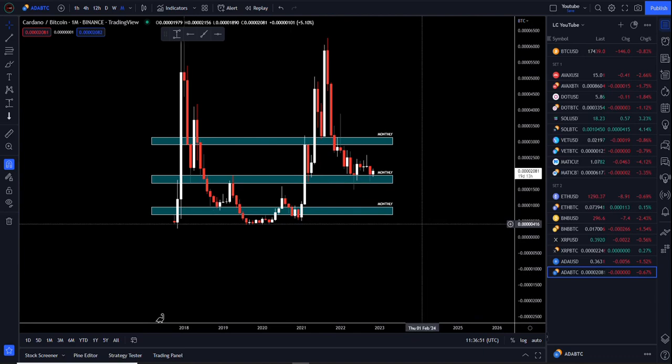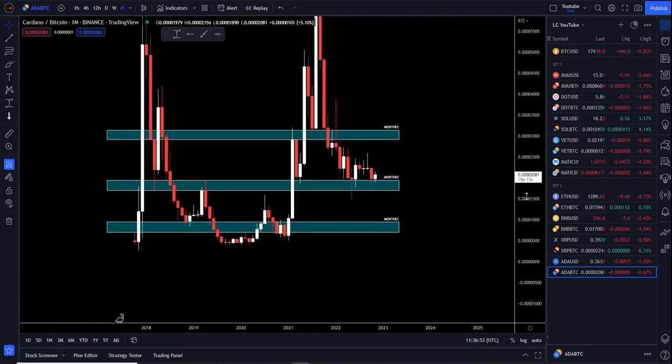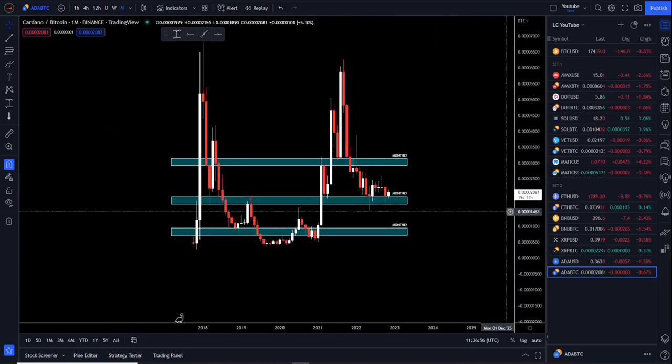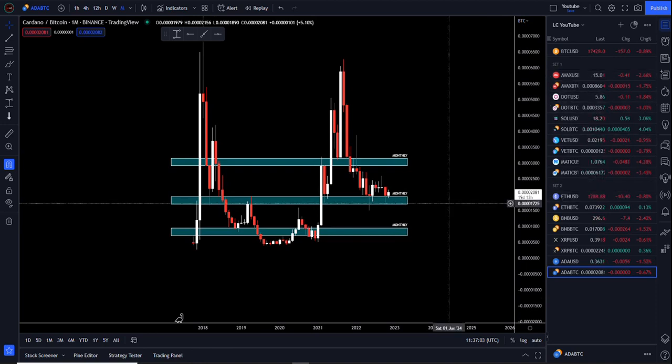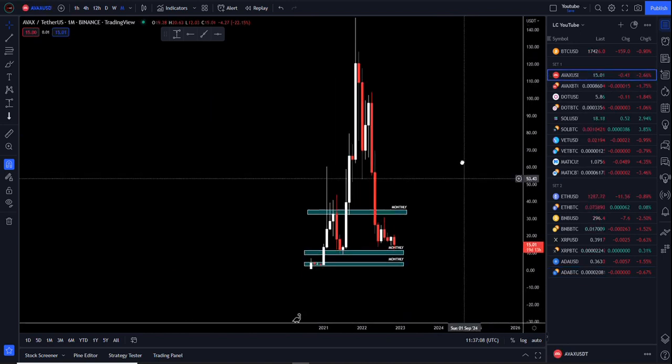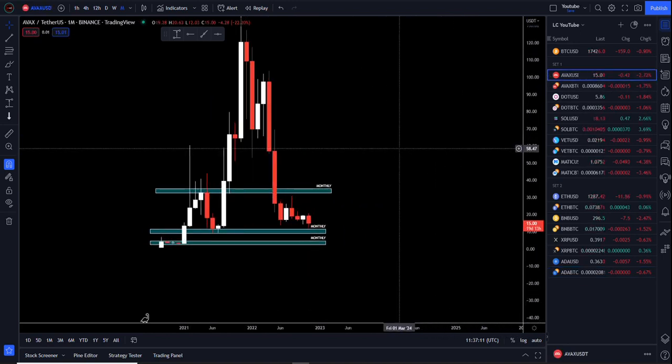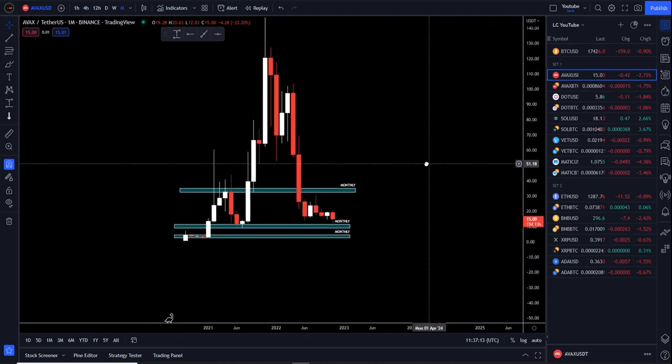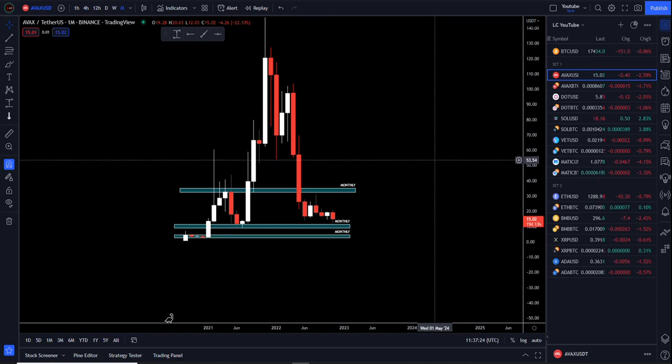As you can see, a lot of the levels have been very effective, especially when you think how quick it was to mark out these levels. If you go back and watch the videos, it took us like 5-10 minutes per pair just to mark out these levels of monthly and weekly time frame supports and resistances. And they're pretty accurate, especially if you're just doing spot and you just put the orders on, no emotion, and if they hit, they hit, and if they don't, they don't. And then obviously just manage them once the positions are live or once you have bought the asset, and you can get yourself some pretty decent profits. Just be sure to